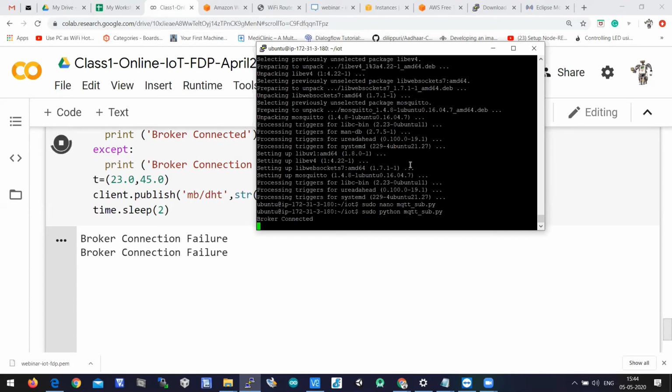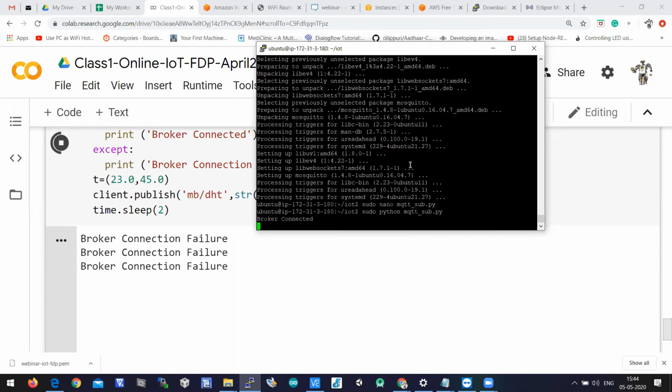This observation is very important, because when you're accessing programs from outside, you'll get a connectivity issue. The program running inside AWS is able to connect with the broker. The program outside AWS is unable to connect because there is a firewall here. The firewall on AWS is blocking the request coming from outside.